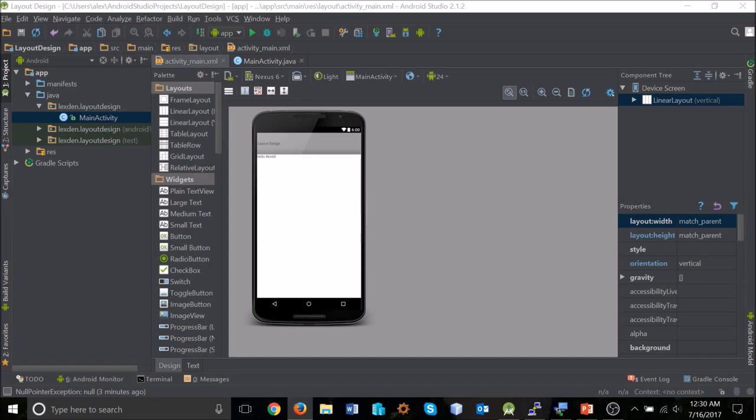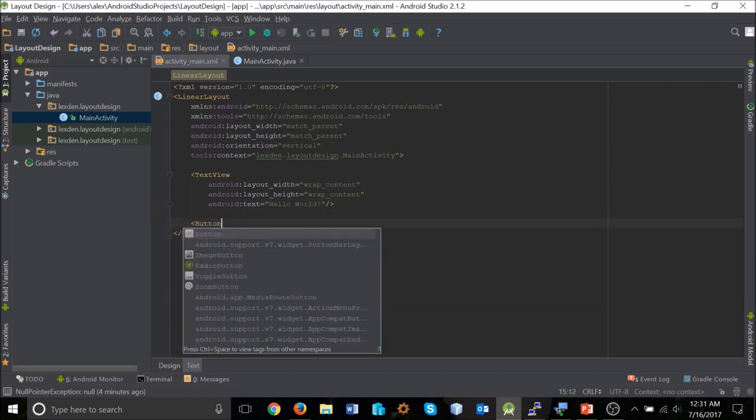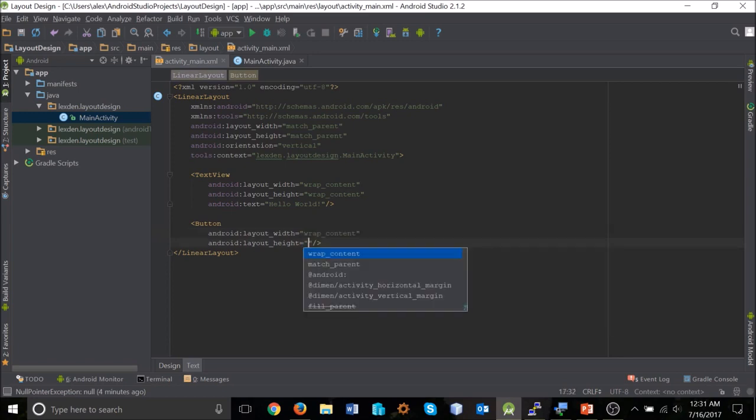So the basic goal for our app today is to have a text box and then to have a button where when we press the button it'll change the text of the text view that we have up in the corner here, the tiny one, and it'll set the text of the text view to the text of the text box. So let's change back to our text here, and we'll just create our button first,